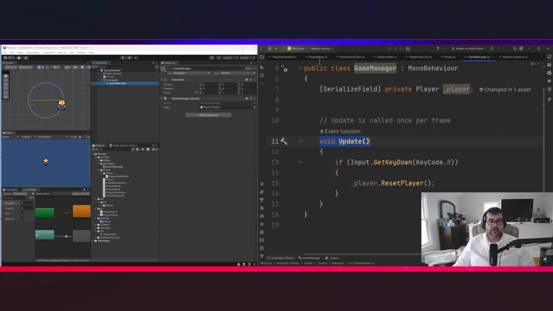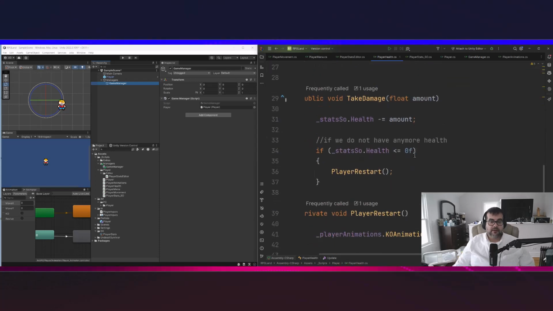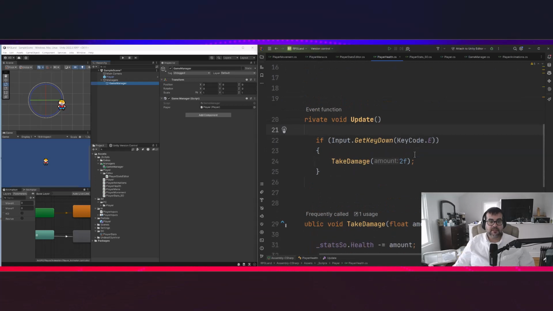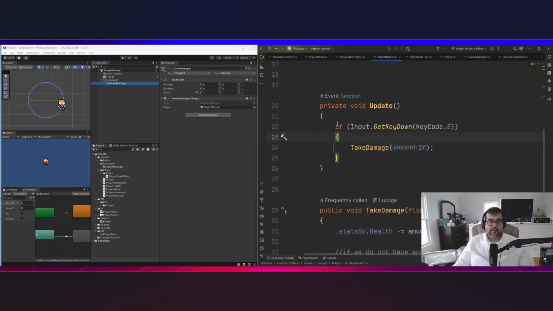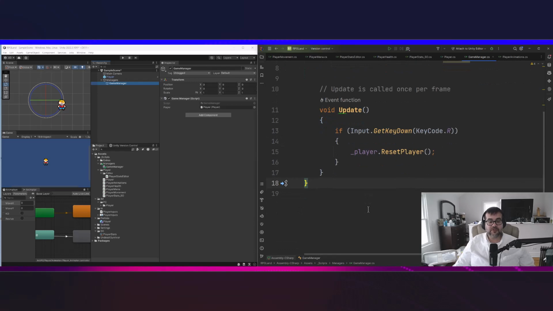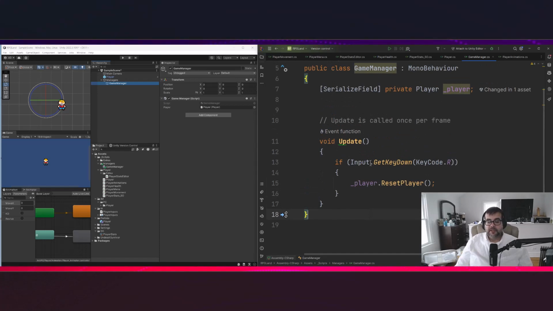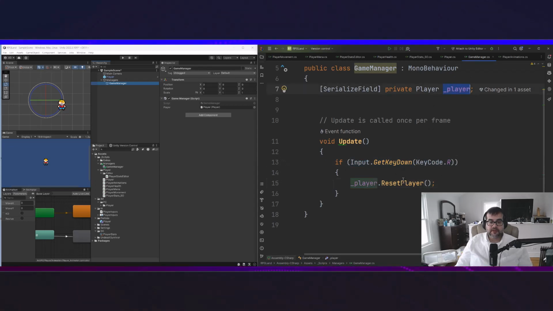And just like in player health and our other scripts, when I want to test something, I just create a key, right? So I copied this from player health, if input.keycode. If you need to, you can just pause the video and type it. I think you should type it because it gets you a little bit more comfortable by rewriting code. But all I'm saying is if we press the R key, I want you to go to this player class here, because remember we have access here, and I want you to call,